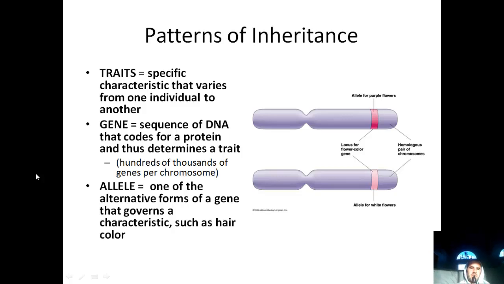Then the other important thing that we have is an allele. An allele is one of the alternate forms of a gene that controls a characteristic such as eye color or hair color. In Mendel's experiment, what he was really lucky with is that in the pea plant, all of the traits that he studied had only 2 alleles. So it could have been a round or a wrinkled pea seed, green or yellow, tall plant or short plant. There were 2 alleles for each one.